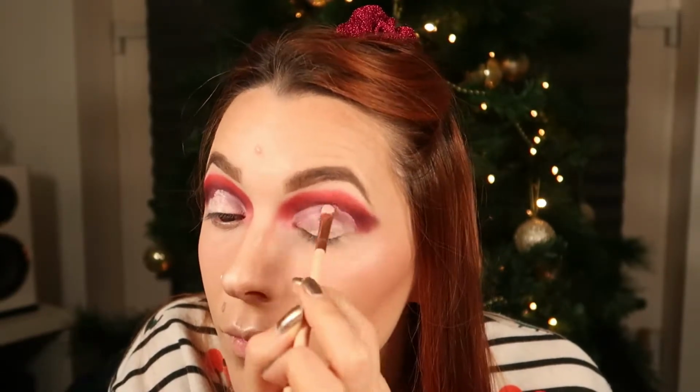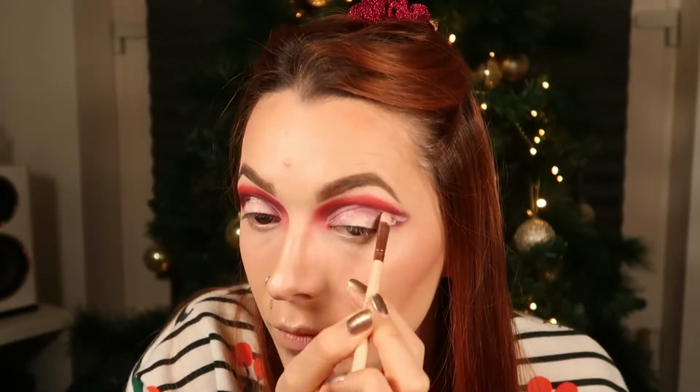Now that we've got that bit done, I'm going to get my concealer again and actually tap a small amount on my eyelid, as we are going to carve a line following the black line we have just created. So I'm going to use this small precise brush. I am going to put more actually on the brush itself and just start very carefully carving this line. Okay, now that we have carved out this